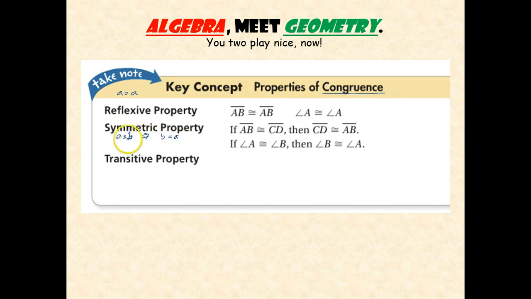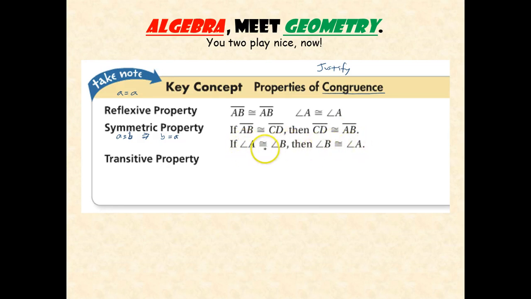But these are just basic things that when we're justifying everything like we do in geometry, we got to start at the very basic stuff. Yes, if A equals B, then B equals A. Yes, if segment AB is congruent to segment CD, then of course segment CD is congruent to segment AB. Same thing with angles. If angle B is congruent to angle A, I said it backwards, then angle A is